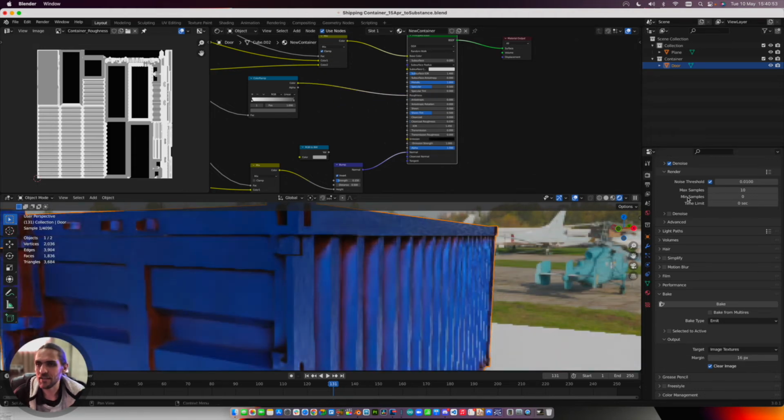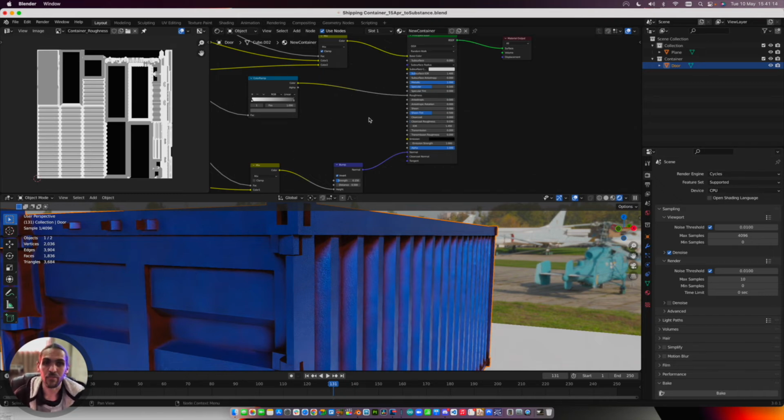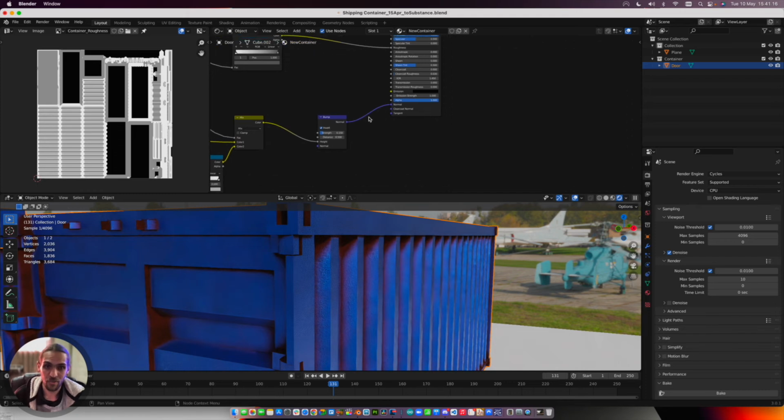By the way, something else to check out, which was not my problem, so I still don't know why, but make sure that your render engine is Cycles. If you're using Eevee, just change to Cycles. You can go back again afterwards, no problem, after you've rendered your images. And also if you're using your GPU, change it to CPU. Alright, so check that out. If that doesn't work, it still doesn't work for me. So, alright, and then the last thing that we're going to do, hold thumbs